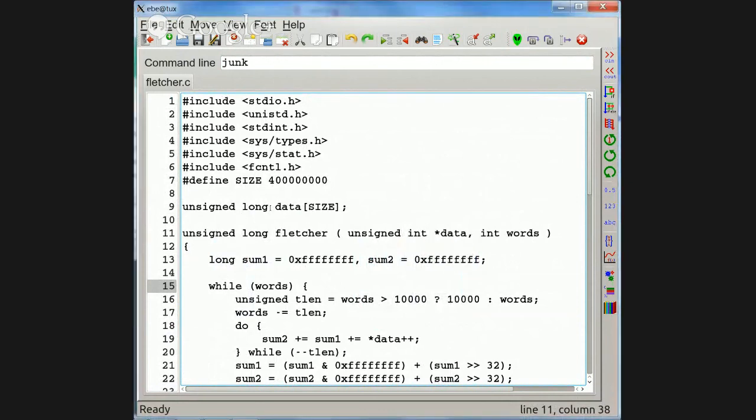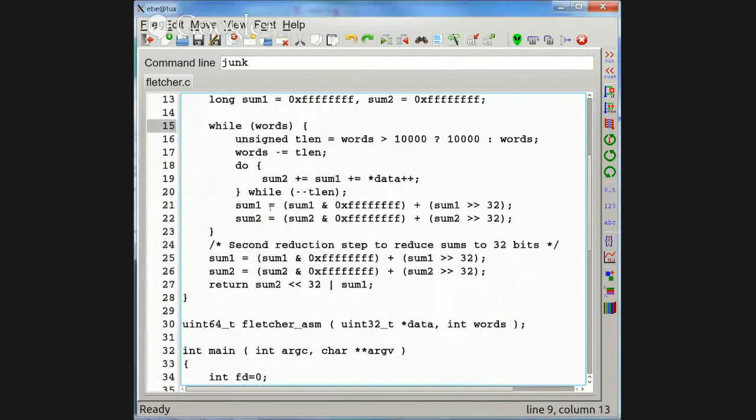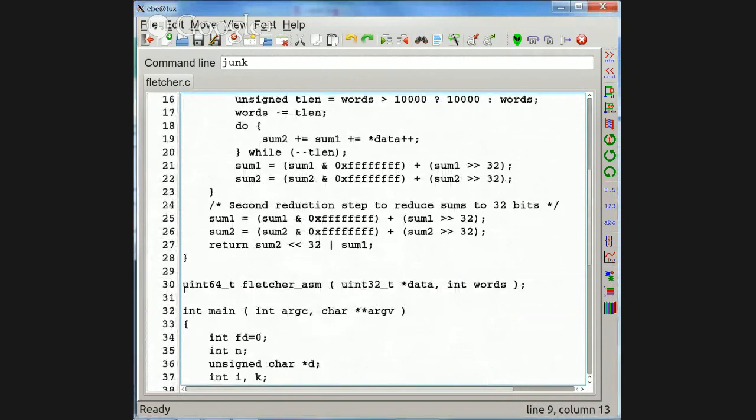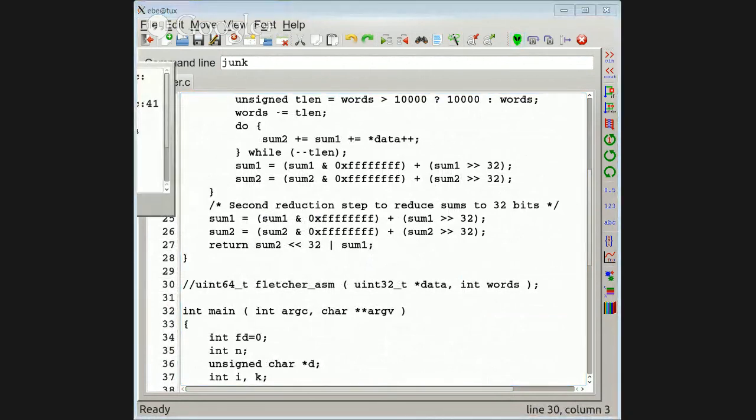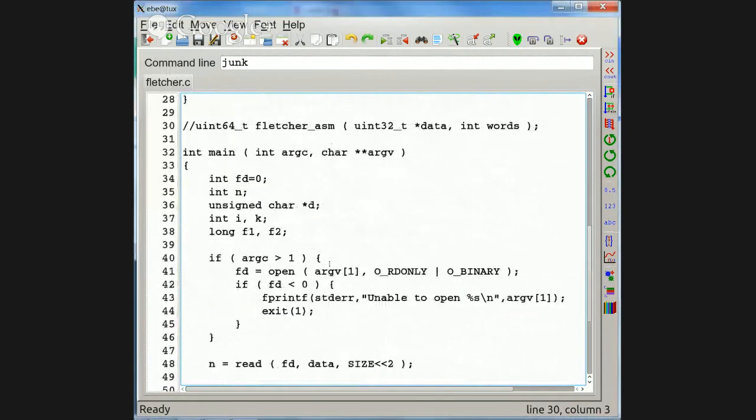So let's change that to unsigned int. It's got one of these pieces in it.